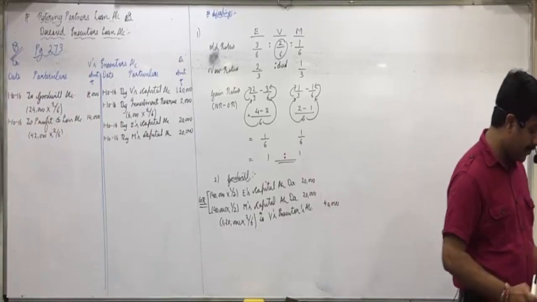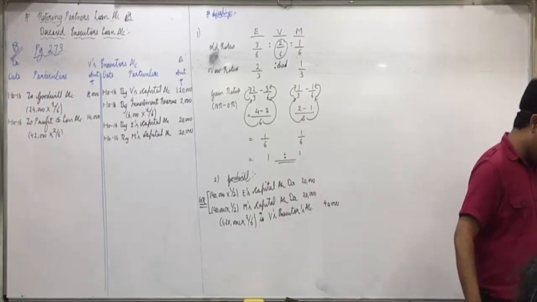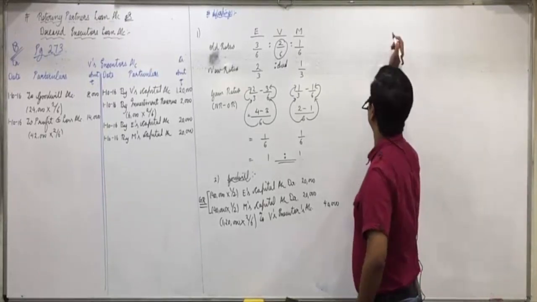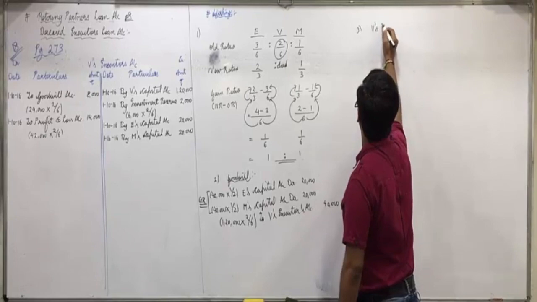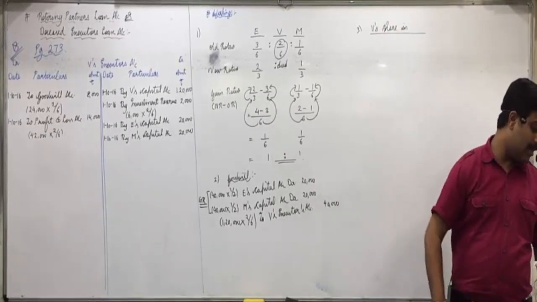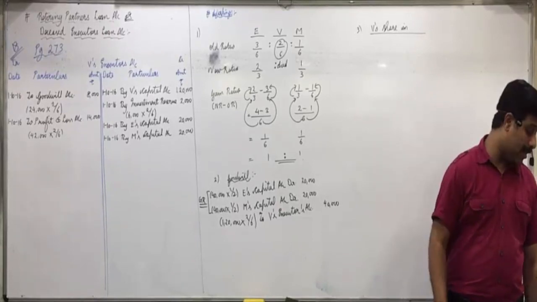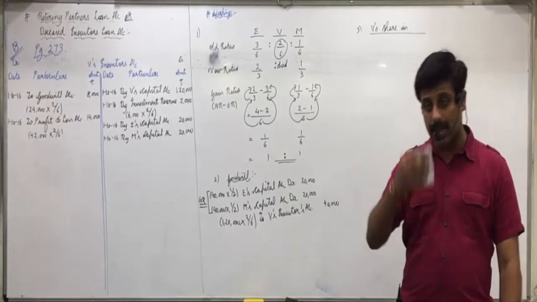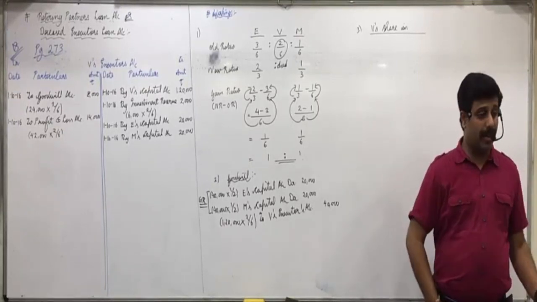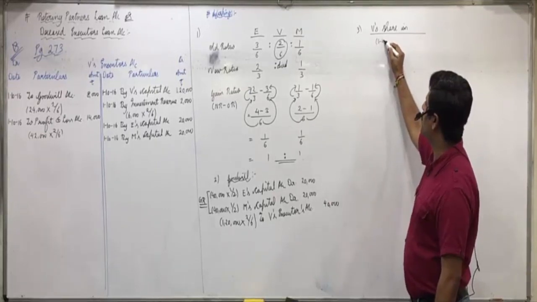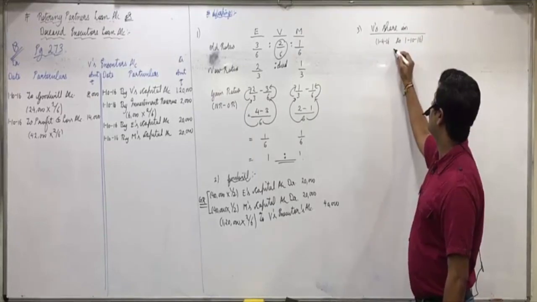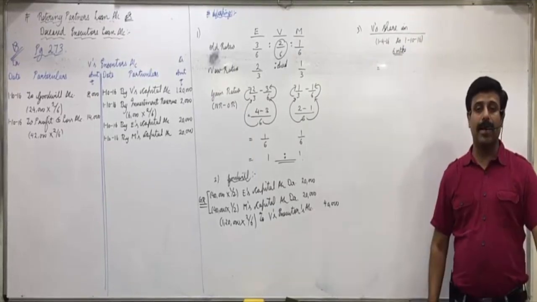Then next page. V is to be given profit share till the date of death on the basis of profit of last year. How will we find that? We did this yesterday also. V is to be given profit share till the date of his death on the basis of profit of last year. So how will you get it? First of all, from 1/4/16, the balance sheet date, to the date of death 1/10/16, that is 6 months.